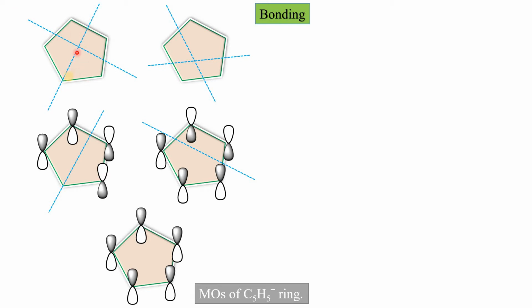Here we consider a carbon atom. Here we are not considering a carbon atom; we are passing the nodal plane just through the bond. Let's first draw the orbitals, then I will explain. There is a nodal plane between these two, so there is opposite sign. The shaded area is diagonal. Here is a nodal plane, so the shaded area is again diagonal. Then nodal plane, then the shaded area is again diagonal.